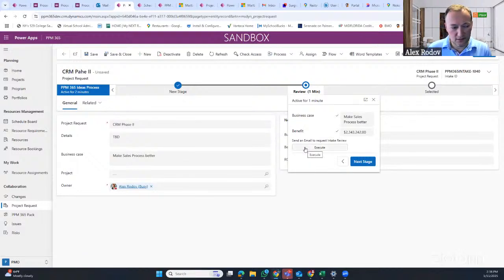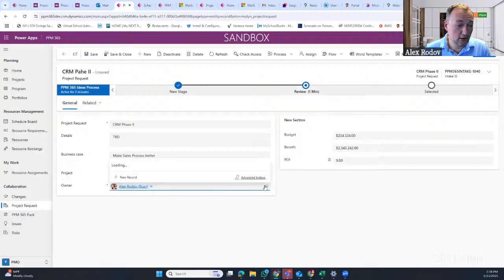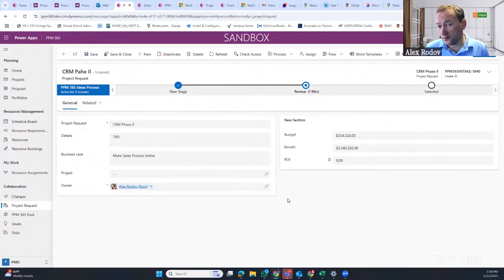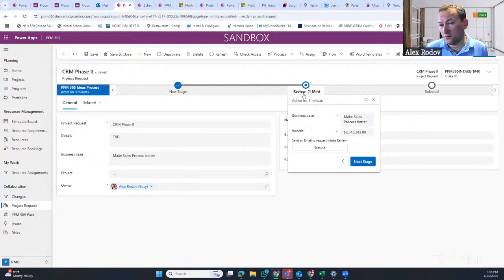In this case, it's going to be sent to the owner, which is me. But you can substitute this with anyone else in the organization and pull it from Active Directory and put the right business owner of that potential review to be entered here, and then that email will be addressed to that